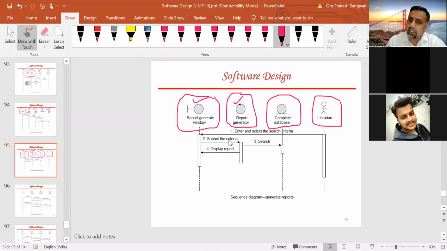Second, submit the criteria, and that will be dealt with by the report generator. The report generator will check the criteria, then search the database, and then the report is generated and displayed. So this is how the librarian is used